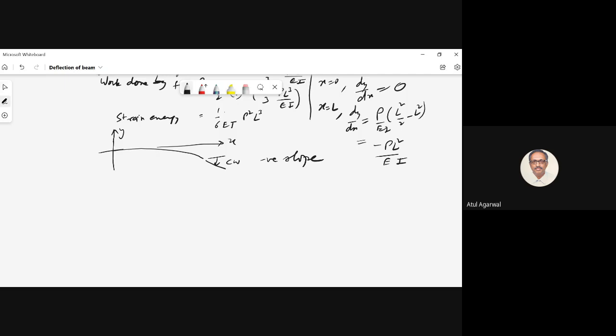Okay. One more thing I did, 1 by R is equal to M by EI. You will find in some books it is having a minus sign. So I told you that all depends. Had you taken your y positive downwards, you would have ended with a minus sign. So you have to be careful with your coordinate system. You have to show your coordinate system in every problem. Now this was the way your R was.